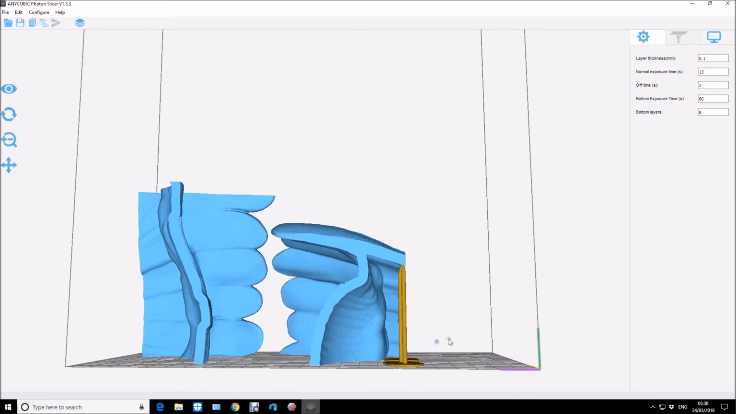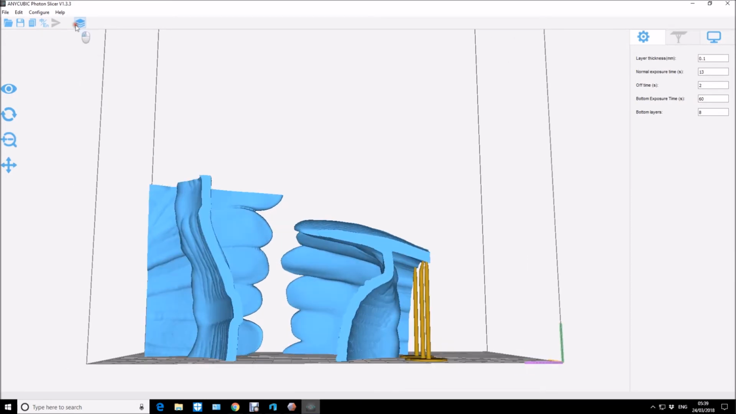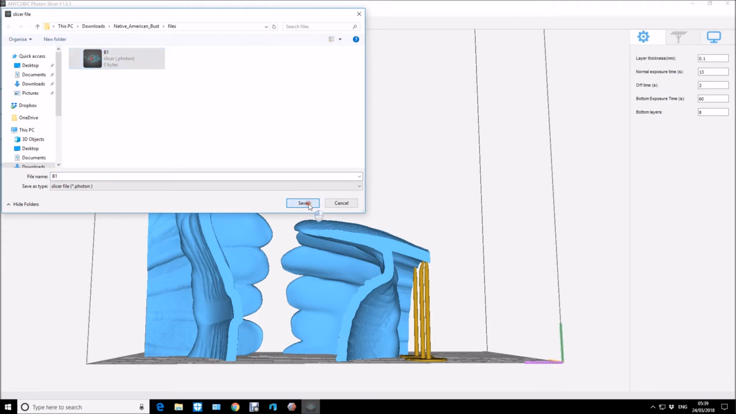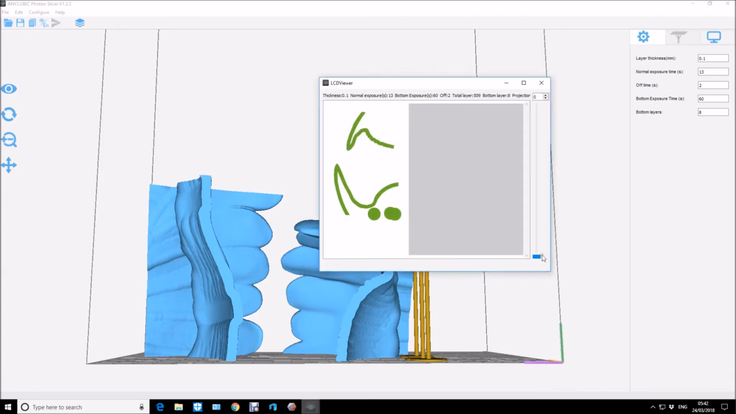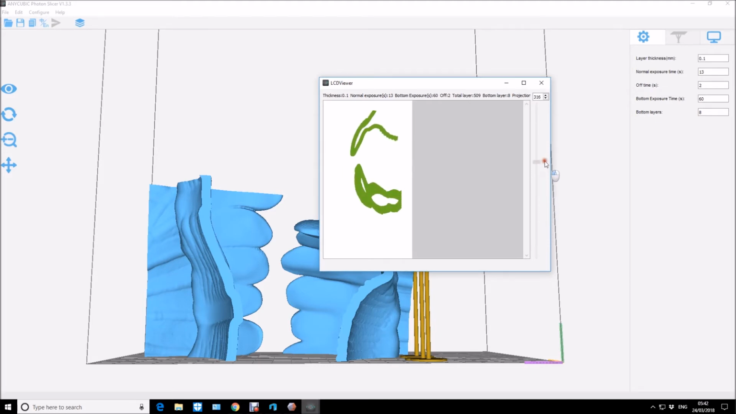But it's always best to double check. So I think that'll do it for them supports. So we'll save out the slice file. Always check through the model afterwards, just to make sure that everything's sliced properly. Estimated time 2 hours and 13 minutes. So I run through the preview. And there you go. Right, on the next part of the video I'll actually show you how to hollow out